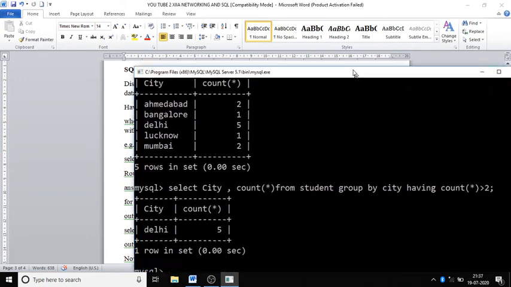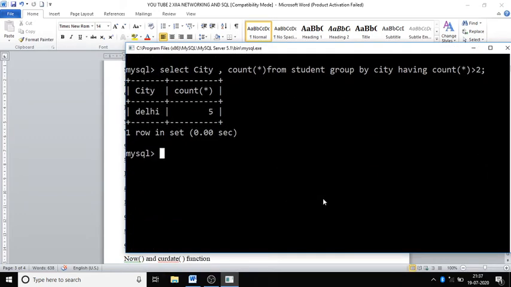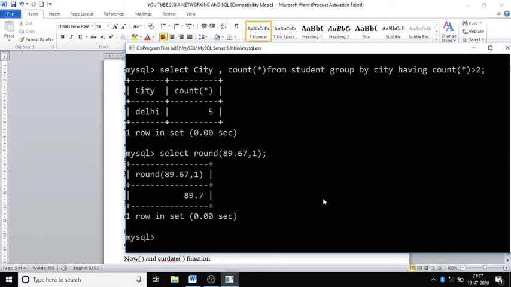Then round and truncate are also very important functions. Select round 89.67, 1. It will give 89.7 because 7 is 5 or greater than 5. In round off function, if our number is 5 or greater than 5, we add 1 to the previous digit.